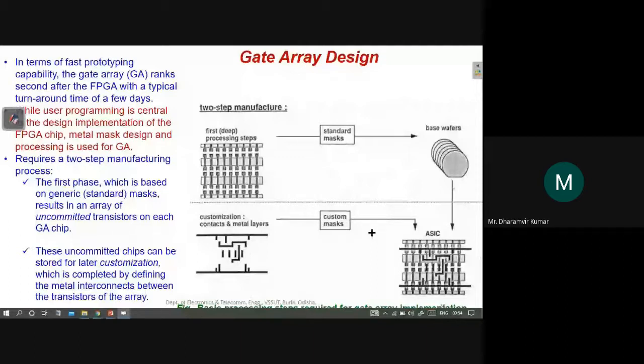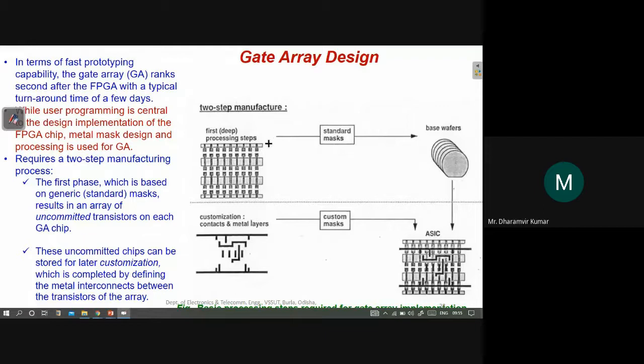So here they give you already the prefabricated transistors. These individual transistors are already prefabricated and made available to the user. And these transistors are not interconnected, they are individual transistors which are independent for connections.